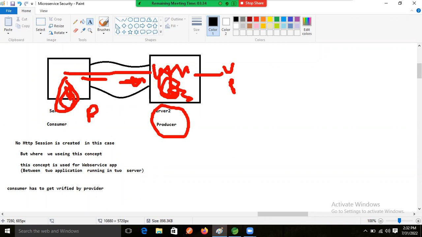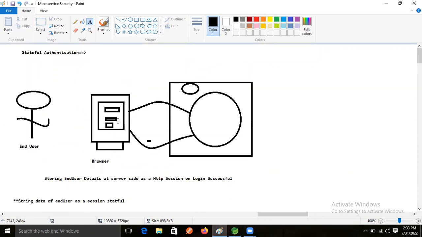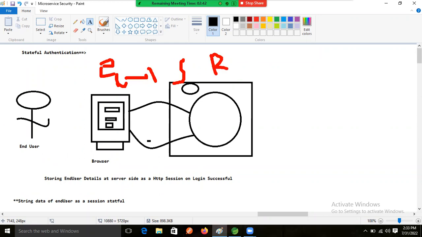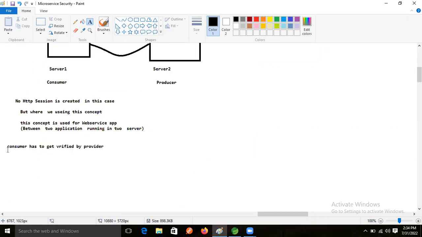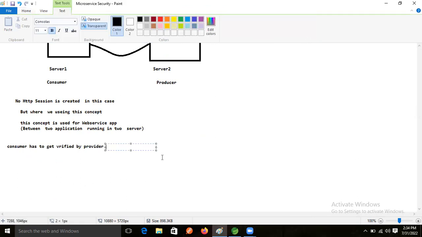If we are developing this kind of application, that application is called a business to business application. If our application is interacting browser to server, that is called client to business, or business to client communication. So in business to business, the consumer has to get verified